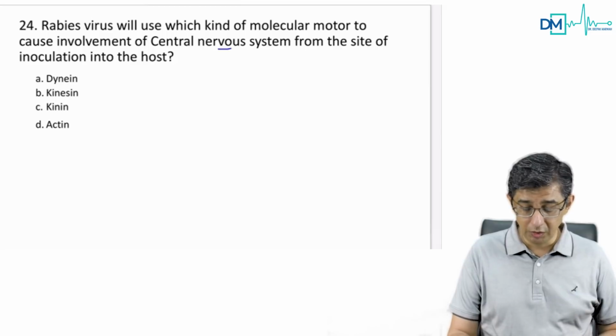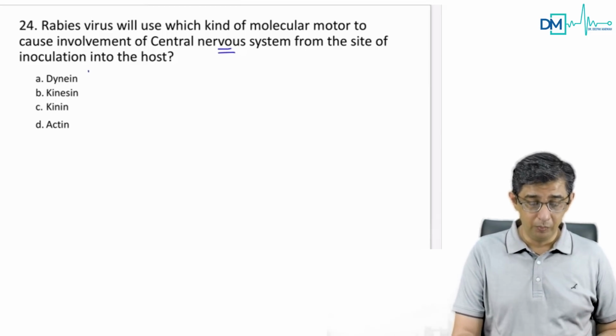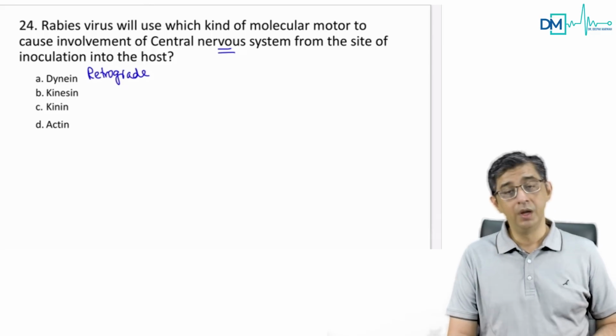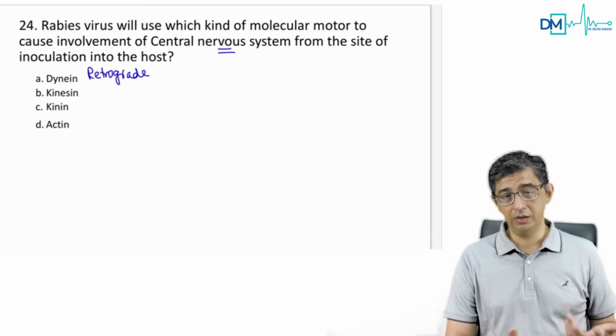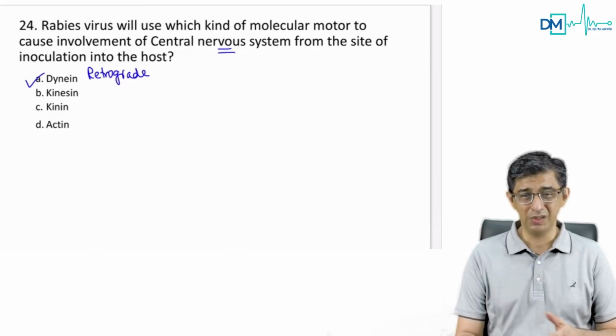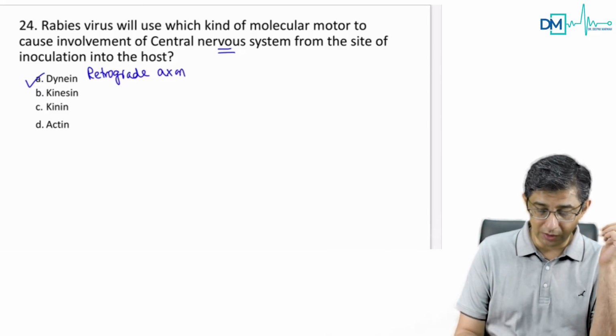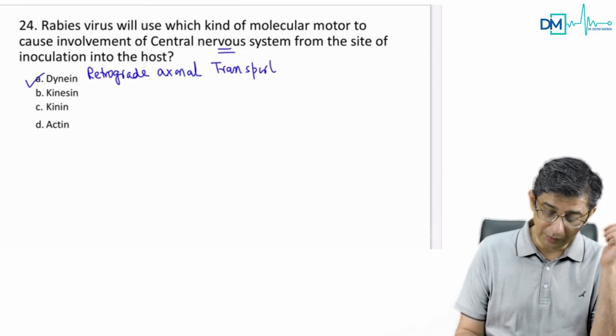So he's rather asking you which molecular motor is used. So if you're aware of retrograde molecular motor and antegrade molecular motor. In the axons the antegrade is kinesin and the retrograde is dynein. So the answer to this is right before you. But this was, I think, instead of just saying retrograde axonal transport as a physiologist would have taught you, they decided to ask it in this particular fashion.